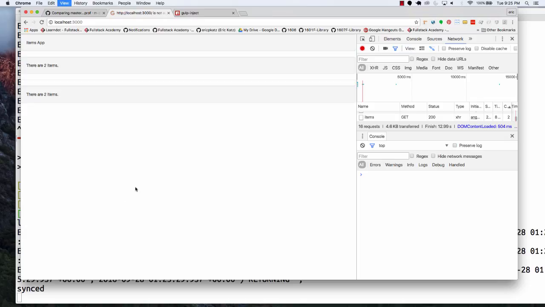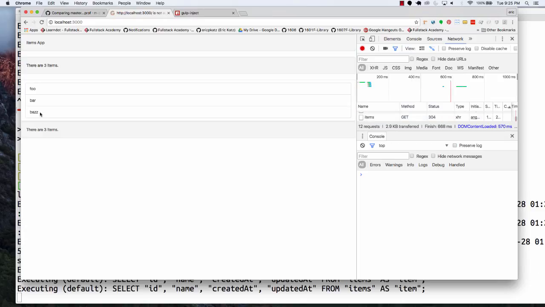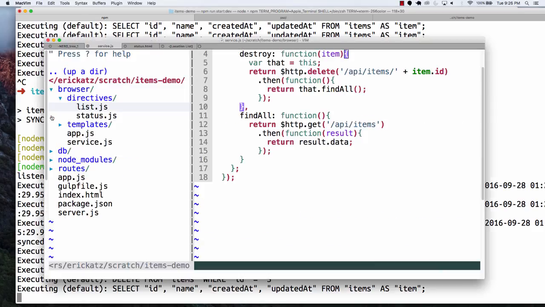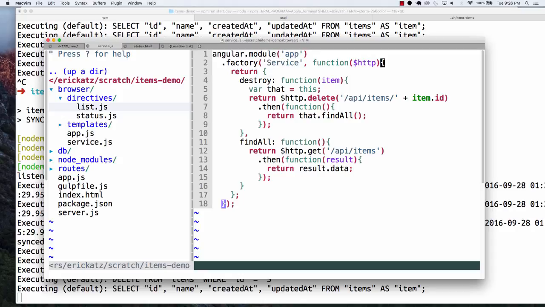Now, again, the problem that I run into is that I don't have this one source of truth. What I've got is that my items are being modified here, but that has no impact on these items that are on this controller. What can easily solve my problem is to make sure that when I call find all, I always return the same object. So if I go back to my service, instead of actually returning my data directly, which is going to be a new array every time,